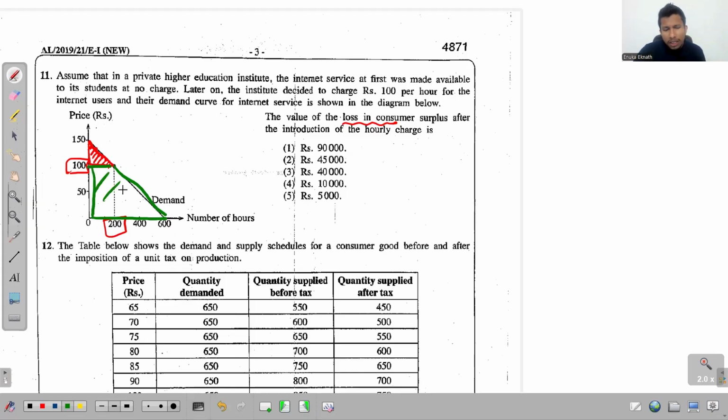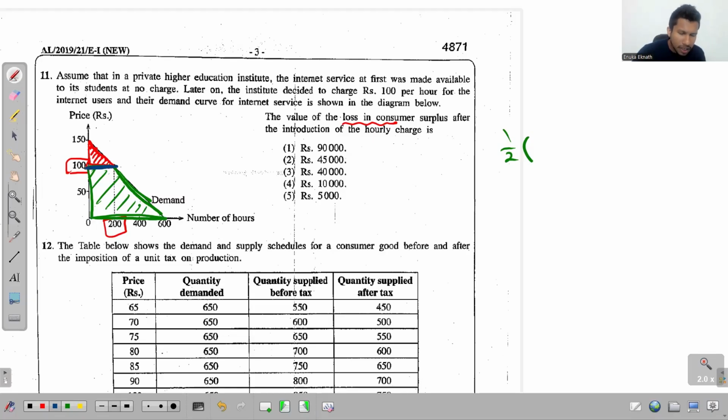So this is the loss in consumer surplus. So how do we find this area? Hope you remember that equation. If not, just listen to this. So how do we find this region shaded in green color? You take half into, right? You get the